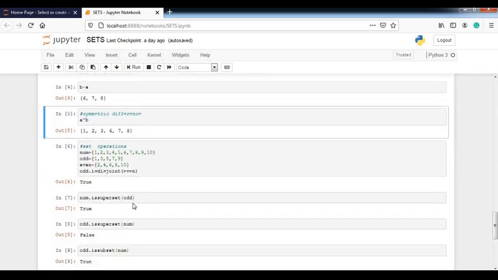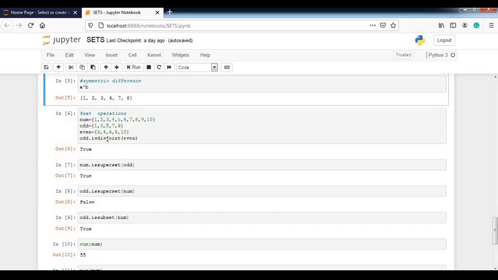Next, many operations can work on sets. Some I have used here, like isdisjoint. It will check whether values of one set are found in the other set or not, basically checking for the opposite. Then superset means that is your main set, and other sets are subsets.